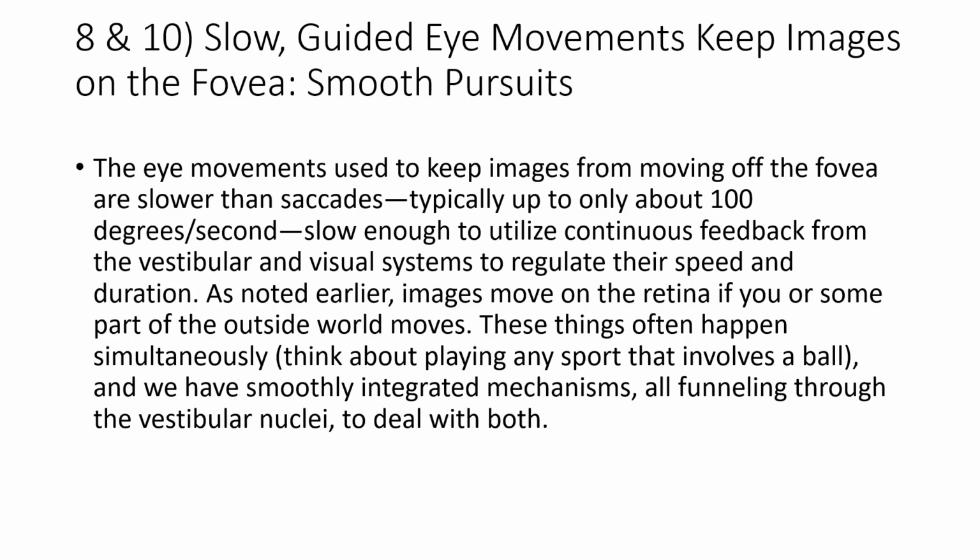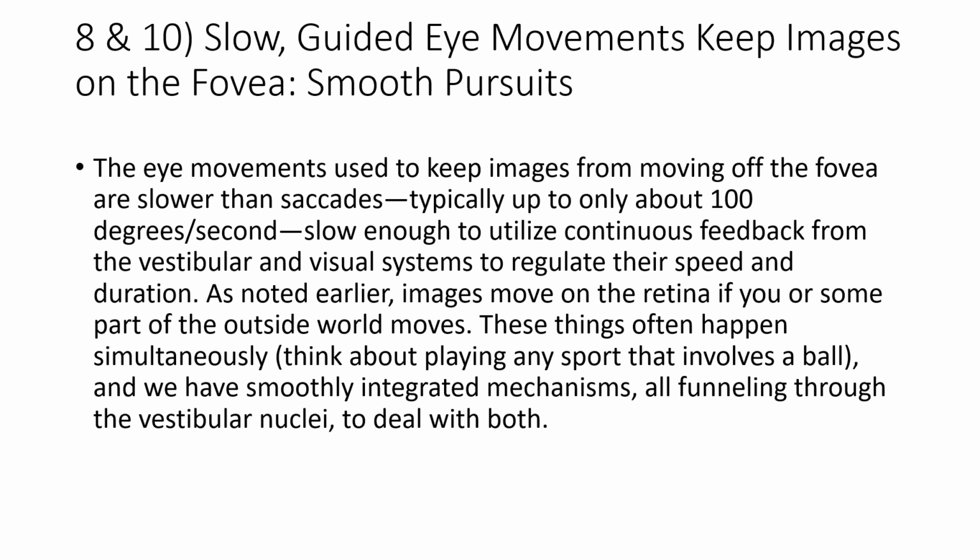Number 8, slow guided eye movements keep images on the fovea. Fovea is our sharpest point of vision, remember? And we call these smooth pursuits. The eye movements used to keep images from moving off the fovea are slower than saccades, typically only about 100 degrees per second, slow enough to utilize continuous feedback from the vestibular and visual systems to regulate their speed